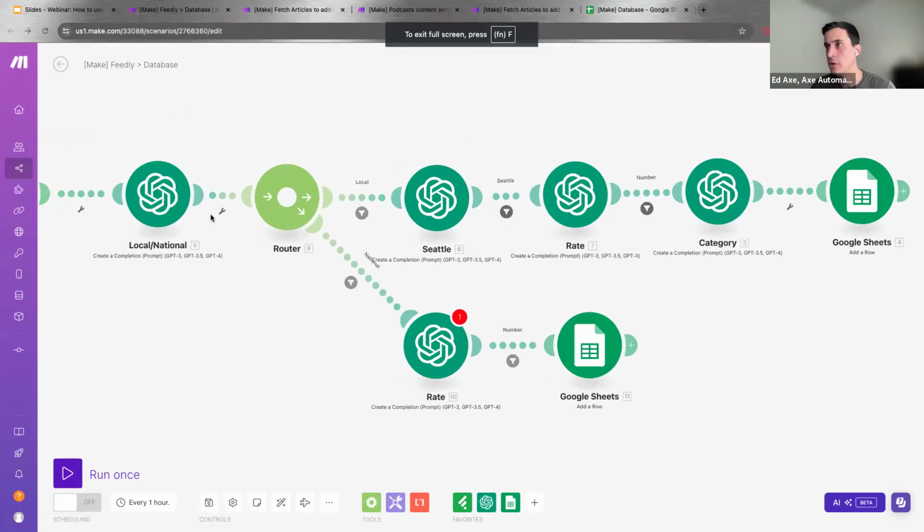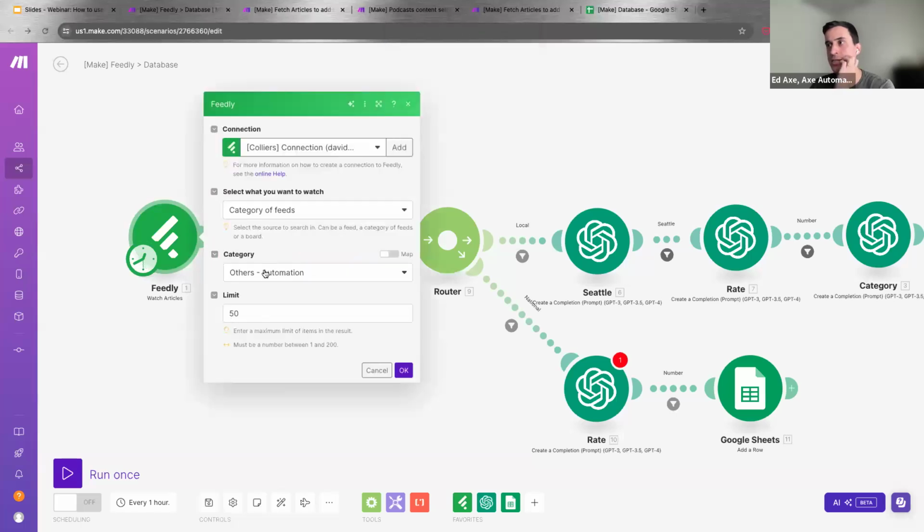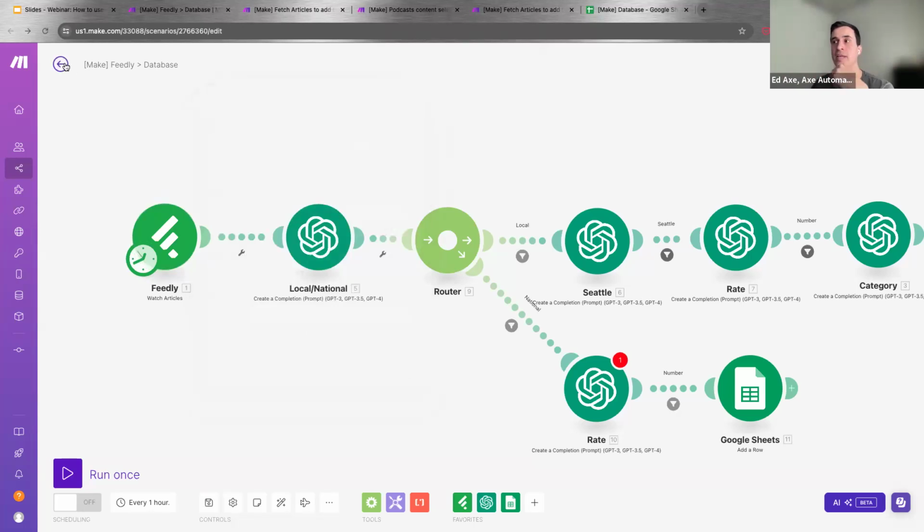So if I go here, I created this category that I call, in this case, others automation, because I wanted to make sure the client knew that this folder was related to the automation that we were creating. All the news sources, the different tags and categories on Feedly, I added into this folder. So the news sources selection and the category selection happened inside Feedly.